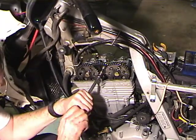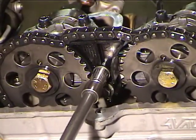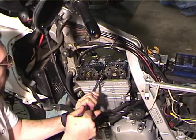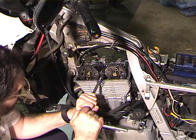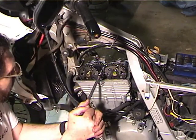These are supposed to be torqued to something. I don't know. I do a lot of stuff by feel. Just kind of snug them up. You've got to remember it's a steel bolt and it's going into aluminum, so you don't want to strip it, or you've bought yourself a lot of problems. Okay, got those guys tightened up,